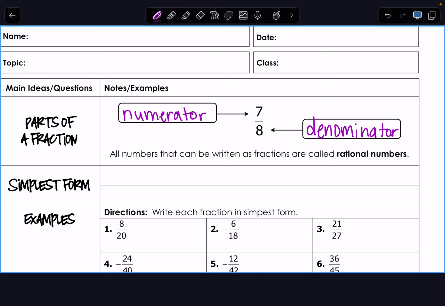Okay, she knew that a number could go into both of them. Okay, with what operation? Okay, so she divided both numerator and denominator. Okay, so we are in simplest form when the numerator and denominator